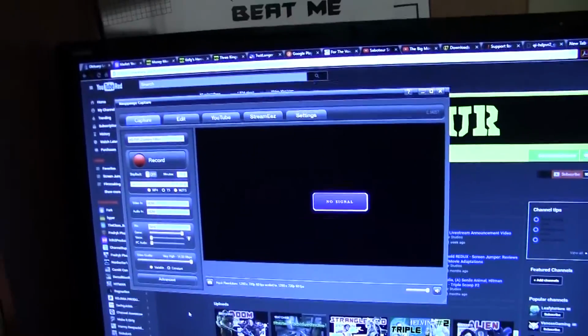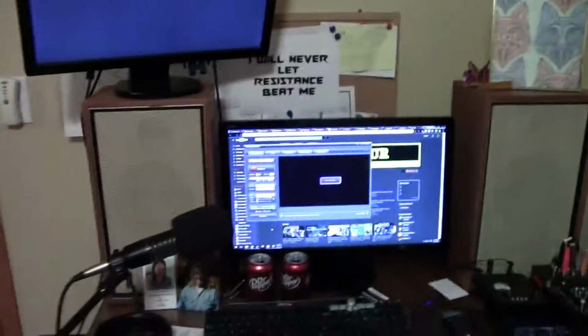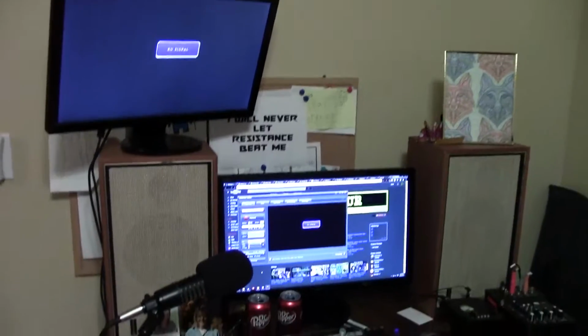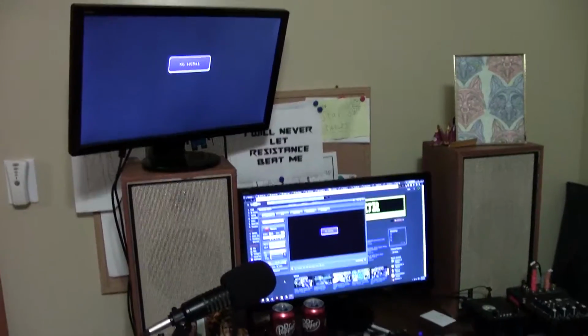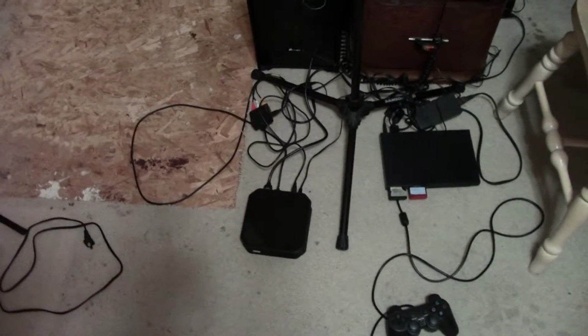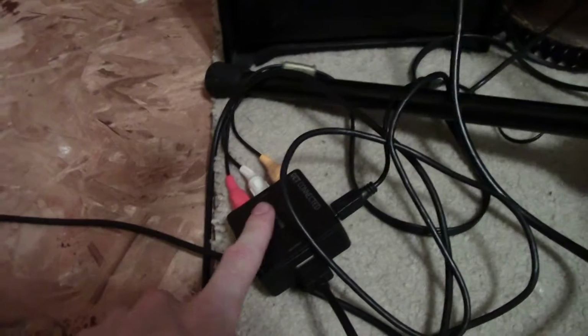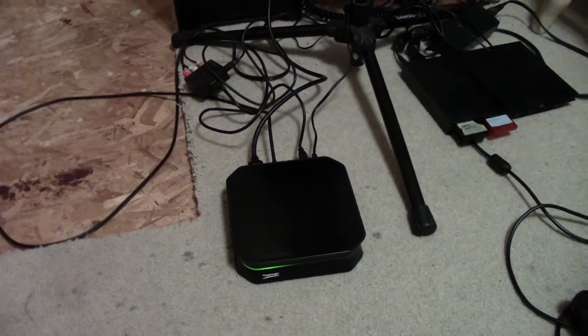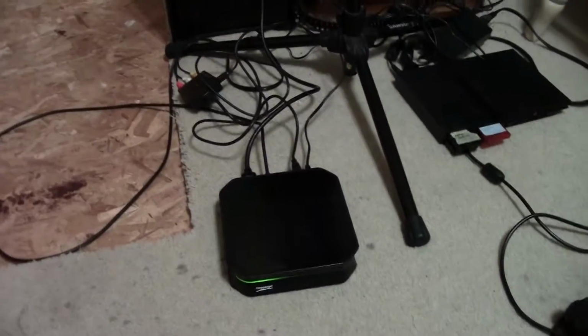But then basically that's piped over to this capture software, and I can easily capture it. I would like to do it at 1080p 60, but this box is somewhat limited in that it can only do 60 FPS if it's 720p. So that's why I currently have this set to 720p output. So I will be capturing at 720p 60 FPS unless I could find a suitable workaround, which I don't think